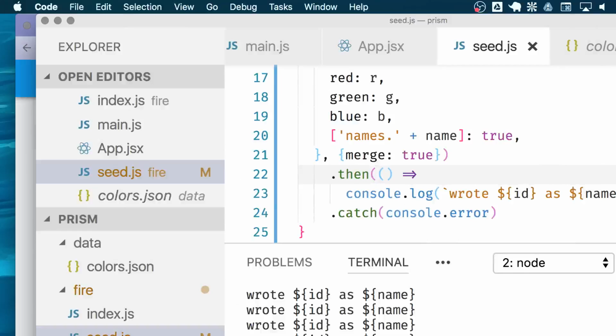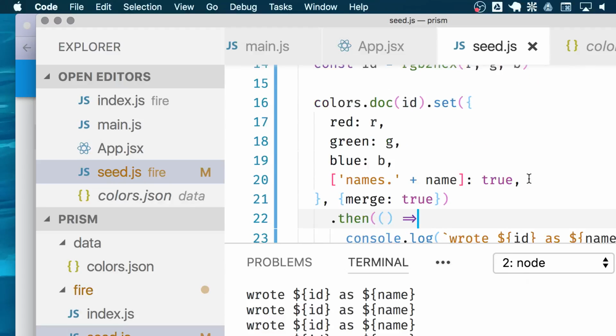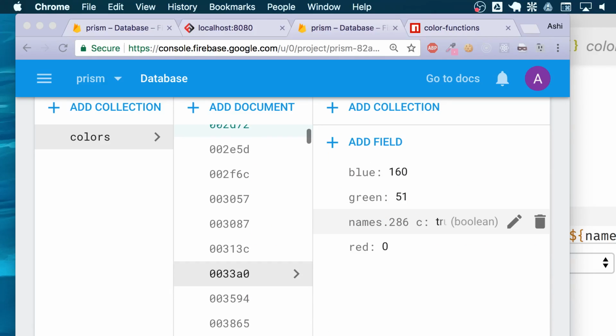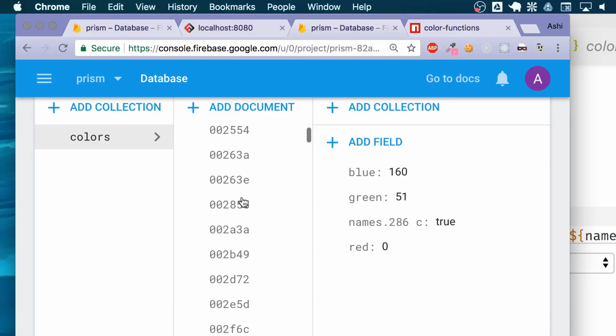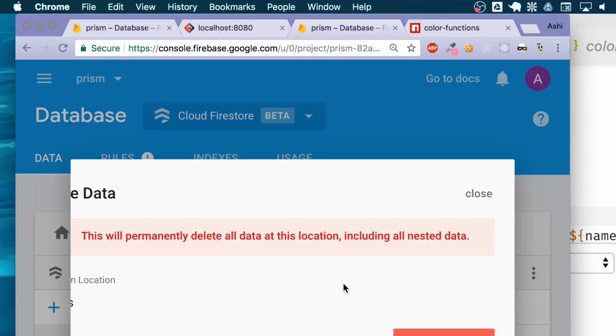Actually, I think we can. Here, let's try this: you just don't specify the type. When you do it manually through the GUI, you have to specify the type, but you don't actually have to in the console, because JavaScript knows the type of the thing, at least insofar as whether it's a string or a number or an object. That's about the level of typing JavaScript has. Okay, well, let's delete this whole collection